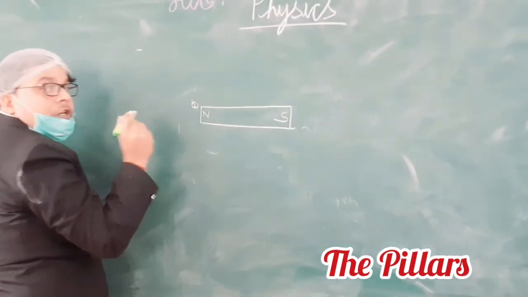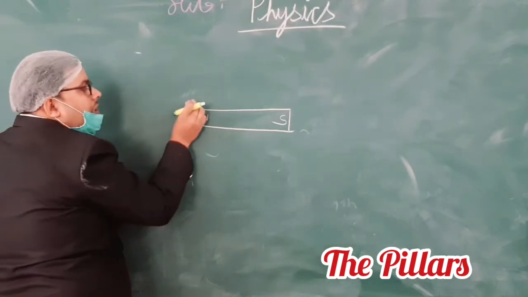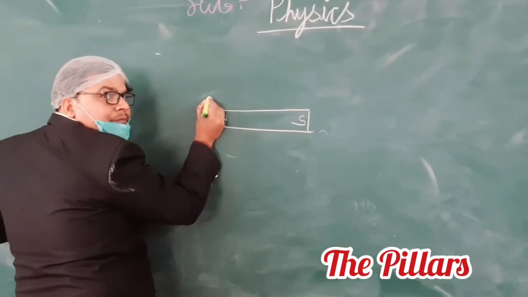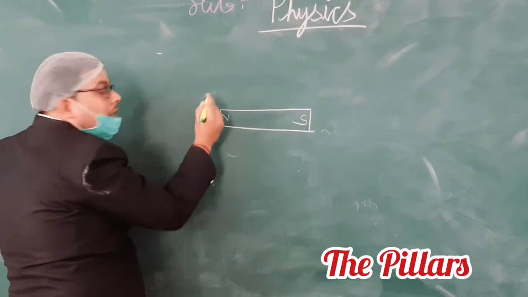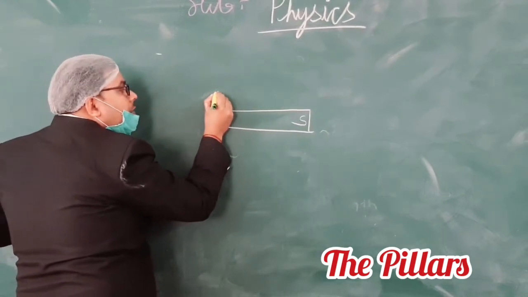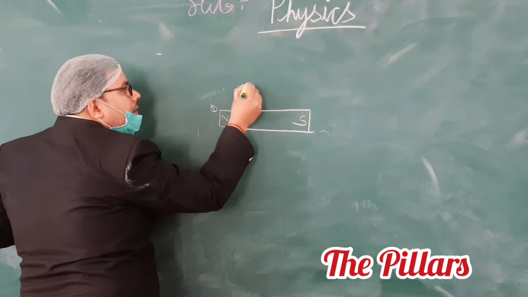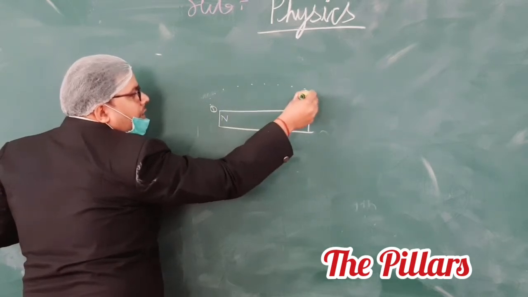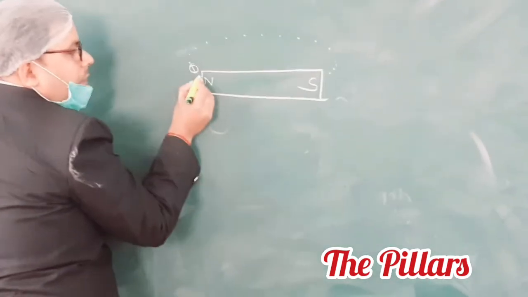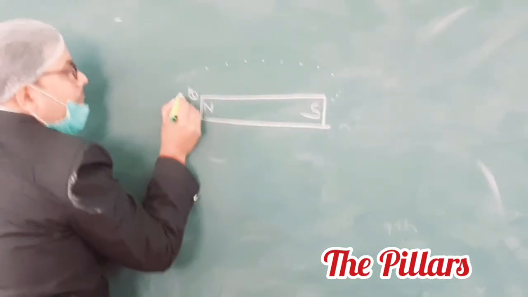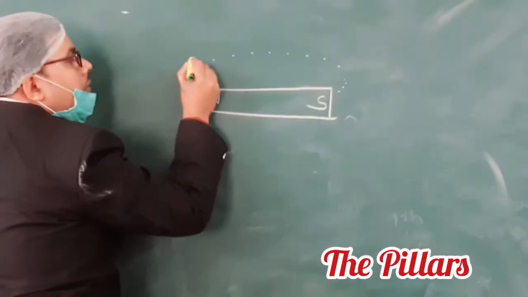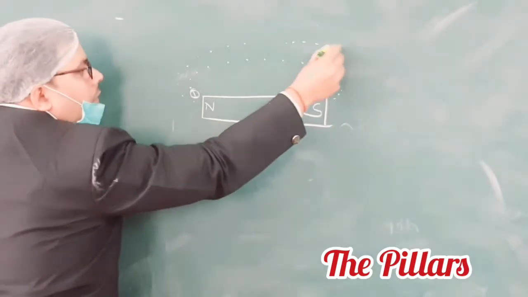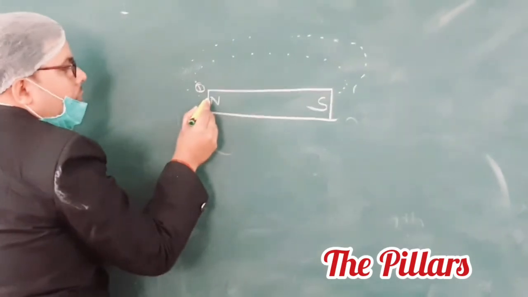Now we will put the magnetic compass on this point and we will see the deflection. We will get another top point. The deflection will be changed. Like this we are going to get some deflection. We are placing our magnetic needle at different locations. Now we will repeat from here. We will get different points. Like this we will do.